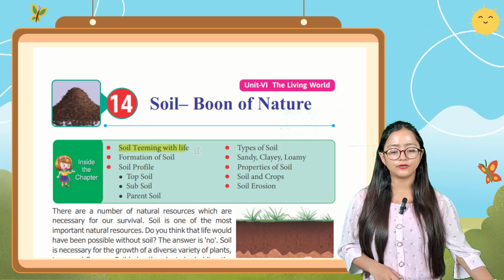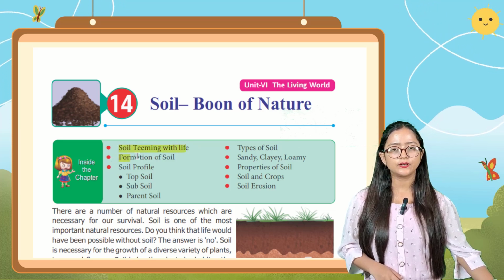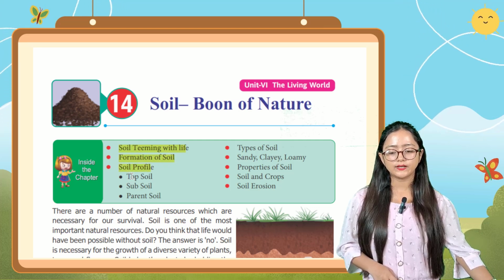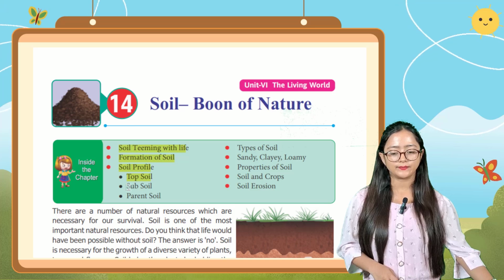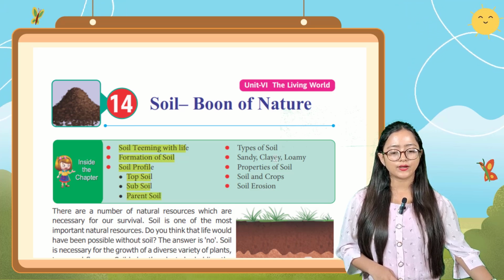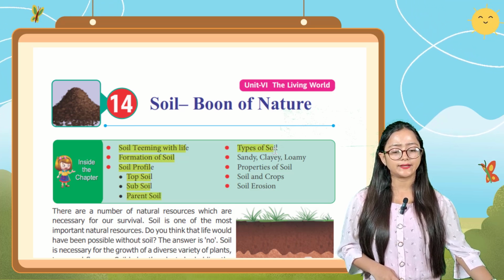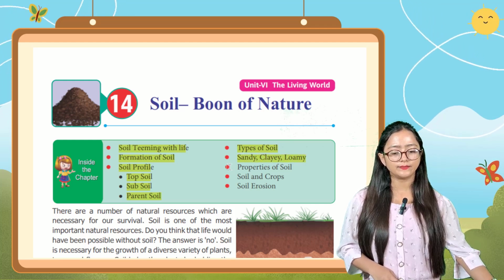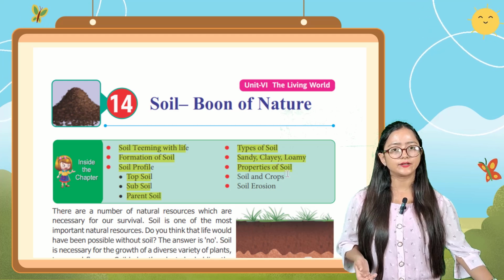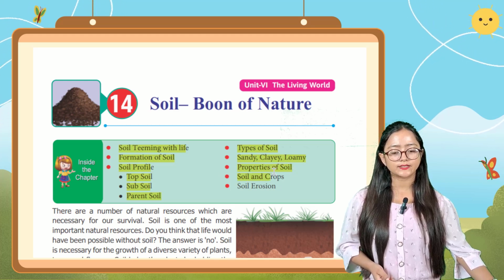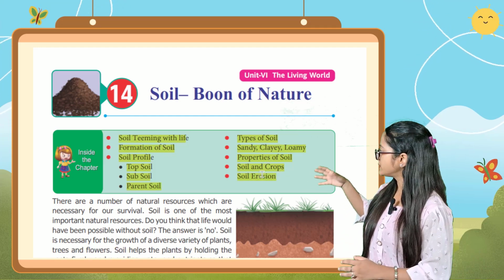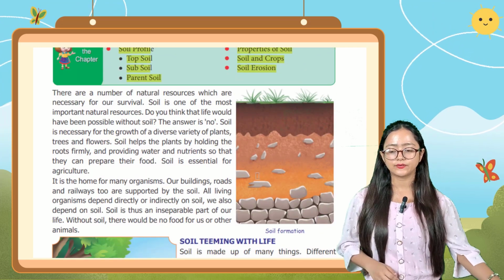Next, formation of soil. Next one, soil profile, which contain topsoil, subsoil, parent soil. Next one, types of soil. Next, sandy, clay, loamy. Next one, properties of soil. Next, soil and crops. Next one, soil erosion. So we're gonna study this chapter step by step. So the first thing is,